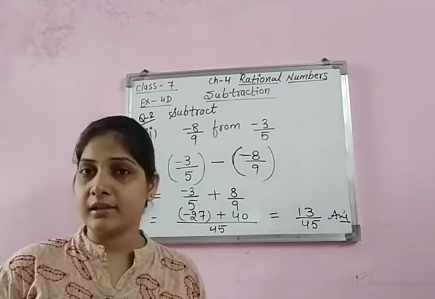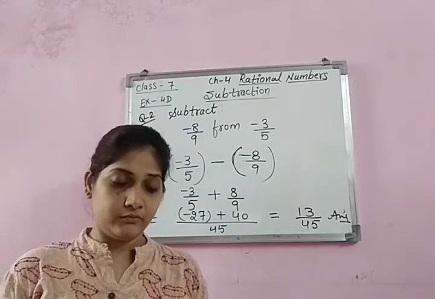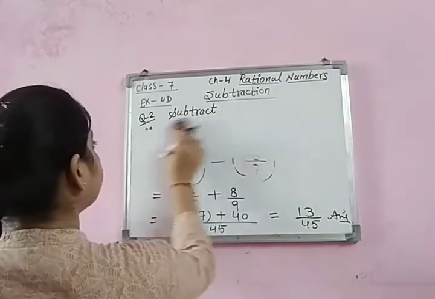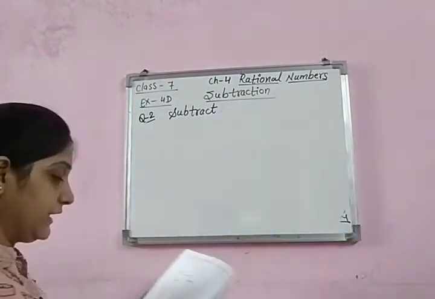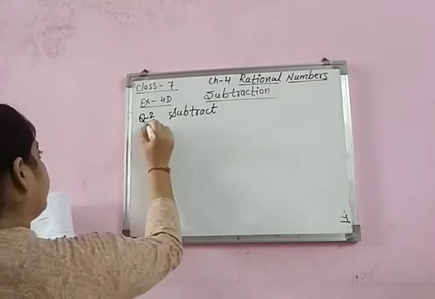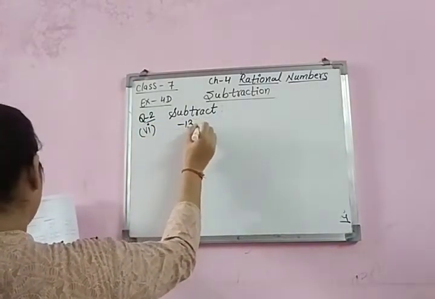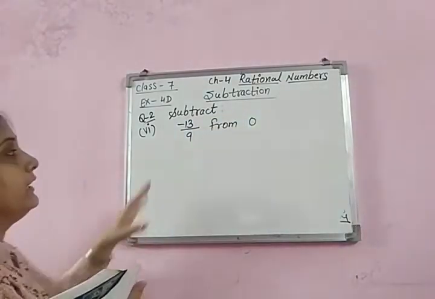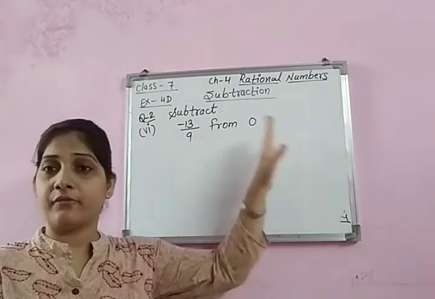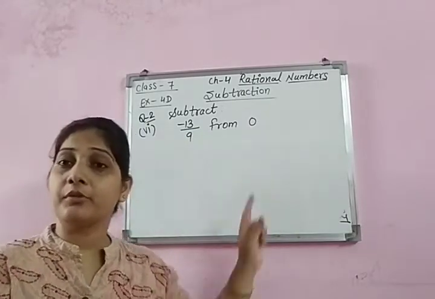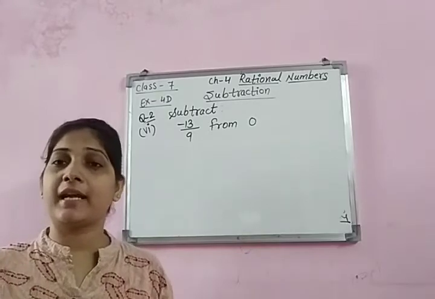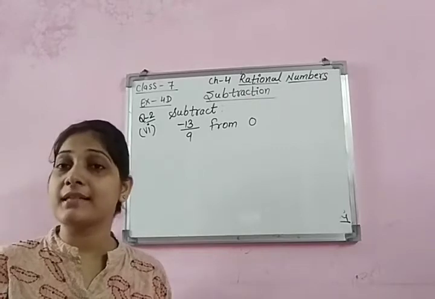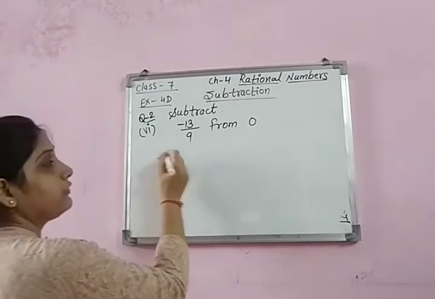In the same way, we can solve the rest of the questions also. So let's do one more question from here only. It's the sixth part I am telling you. Very simple, but solve carefully. From 0, now we are subtracting this number from 0. Children, remember the position of 0. If 0 is subtracted from any number, we get the same number. But from 0, if we are subtracting, the sign will change. See how? You have to use the full concept.